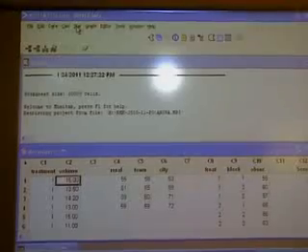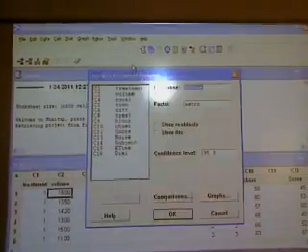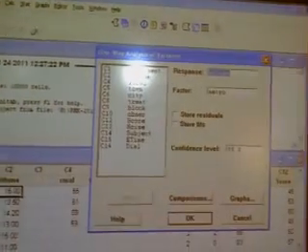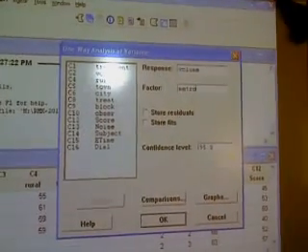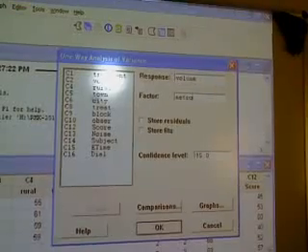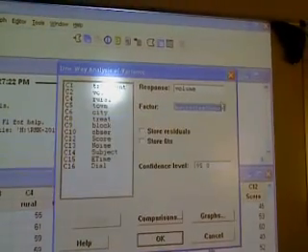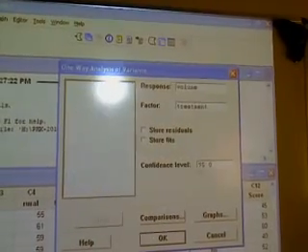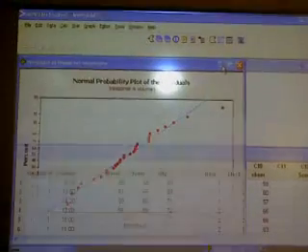So how to perform this analysis of variance in Minitab? Just click Stat, then ANOVA, one-way. You see this response: I have considered volume. Factor is nothing but the treatment here. So just click this treatment to select. You simply delete this, then click this treatment, select. Simply press OK.